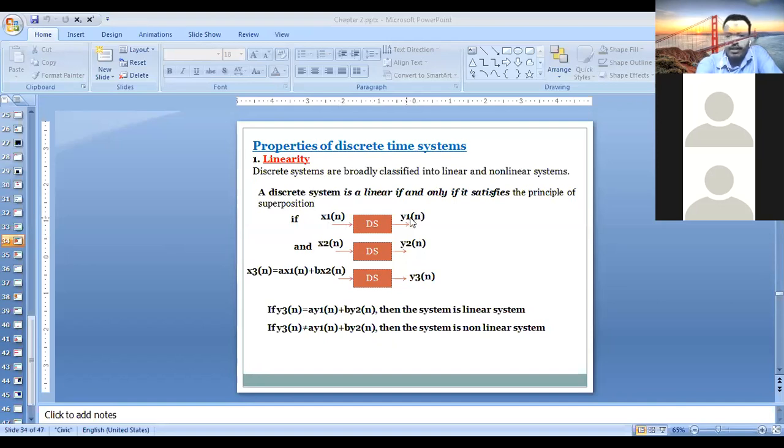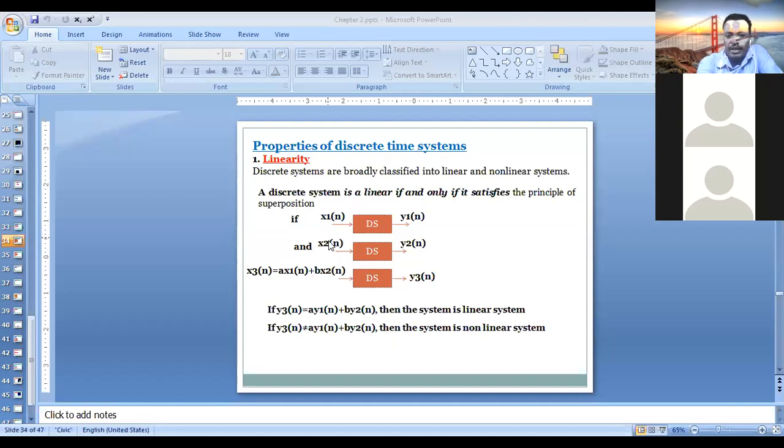So it's very important how we define linearity. If a system is called linear, it must satisfy two conditions: superposition and homogeneity. Let's discuss superposition first. Superposition means